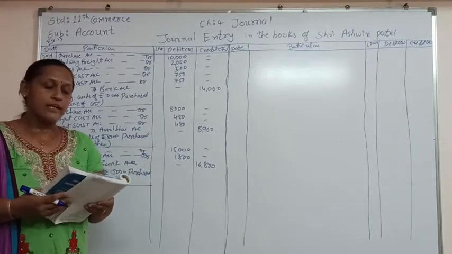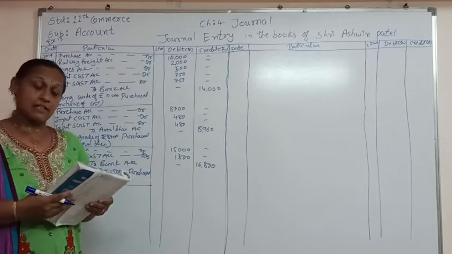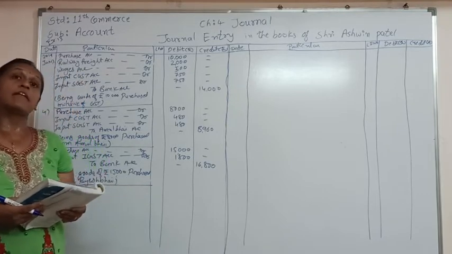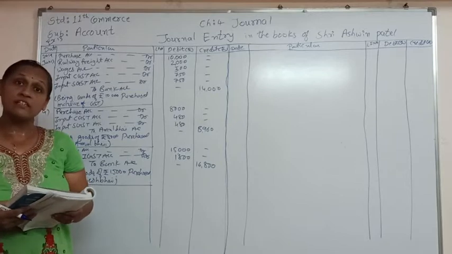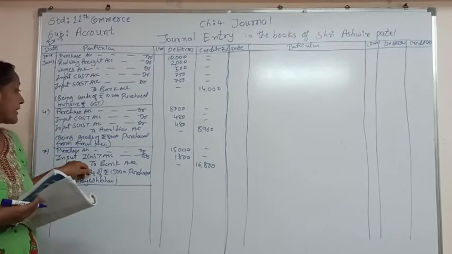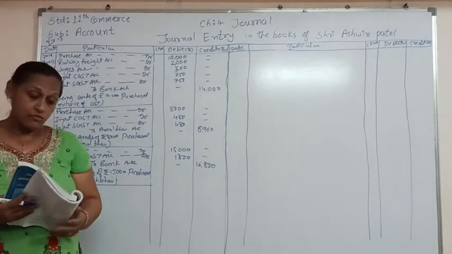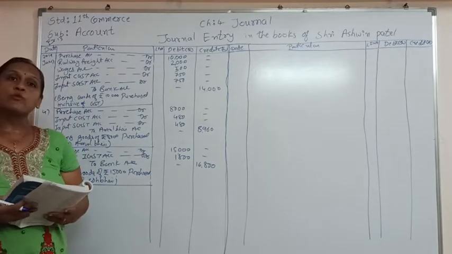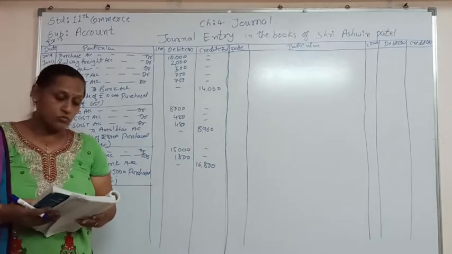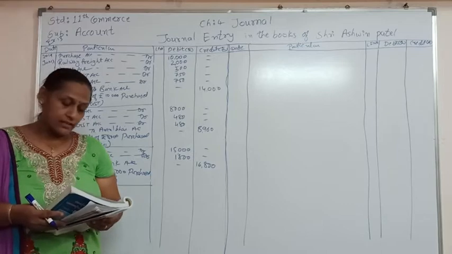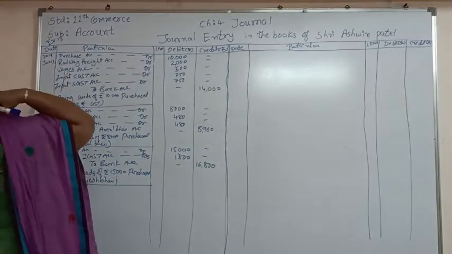So that is it. Now let's see the next transaction and that is goods of rupees 12,000 purchased from Manoj Bhai of Mumbai. So this is the credit transaction and for that purchase account debit. Again, this is outside state. So we are going to debit input IGST account. So purchase account debit, input IGST account debit to Manoj Bhai account. That journal entry we are going to pass.